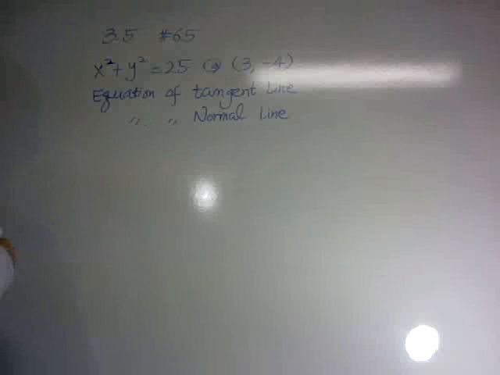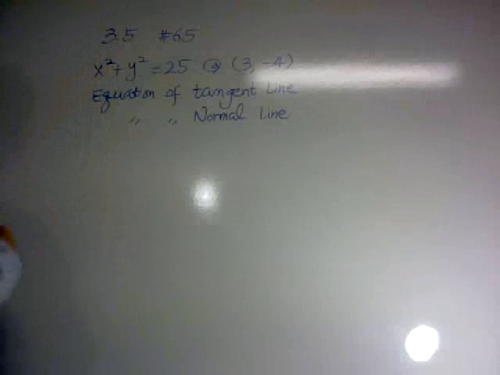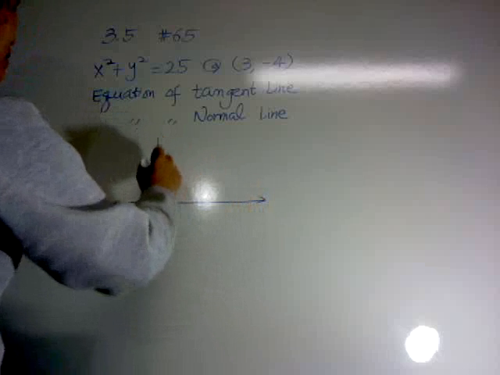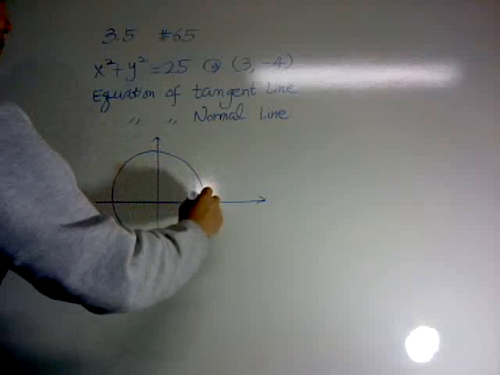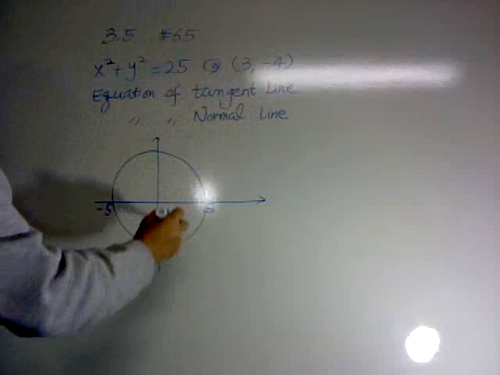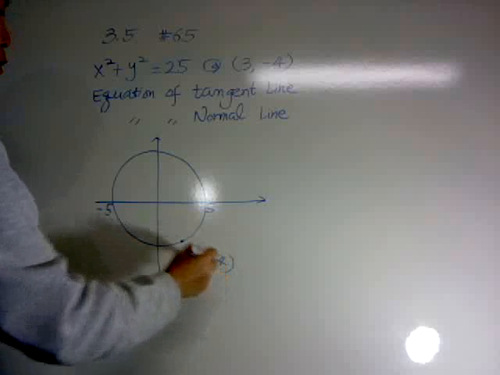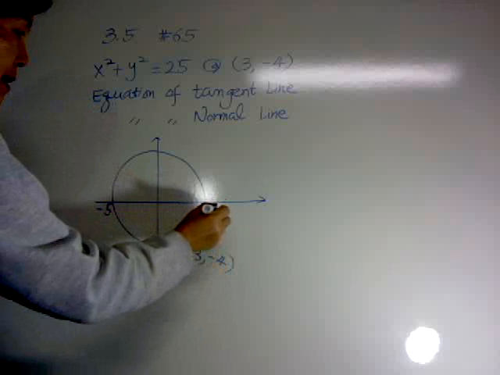This is section 3.5, implicit differentiation, exercise number 65. In class, we saw the circle x squared plus y squared equals 25, which is the circle centered at the origin with radius 5. This is a graph of this equation. And at (3, -4), which is around here, we want to find the equation of the tangent line, which is like this,